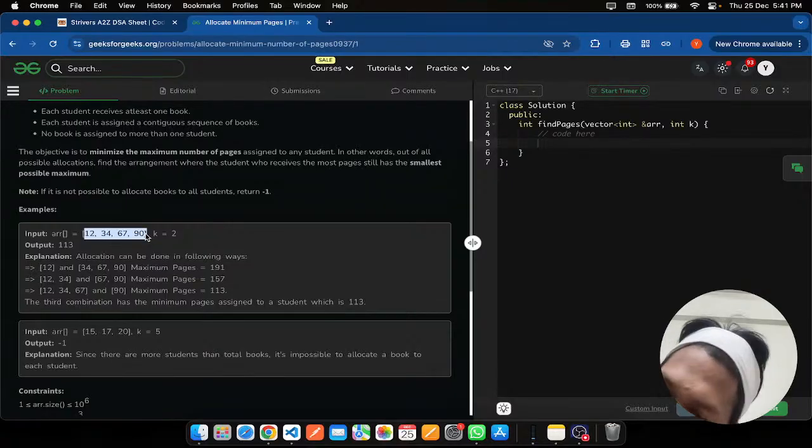It is the lower bound. 90 is the lower bound, and the upper bound will be